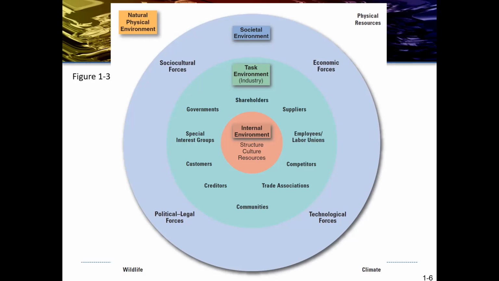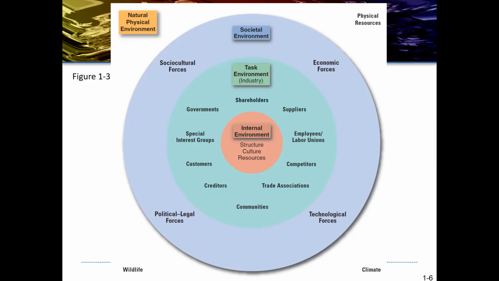If you guys remember, this image was from the first chapter. In the inner circle, the orange one, we have the internal resources of the organization, which are structure, like the hierarchy of the organization, culture, and resources, like monetary resources and human resources. Then you have the external part of the organization, which is the industry, and